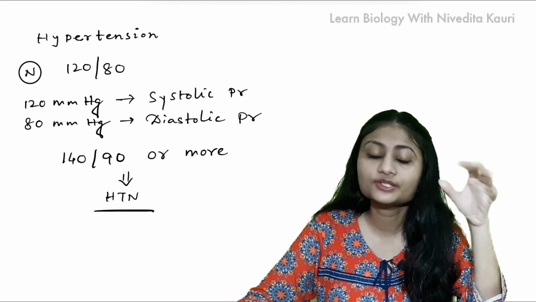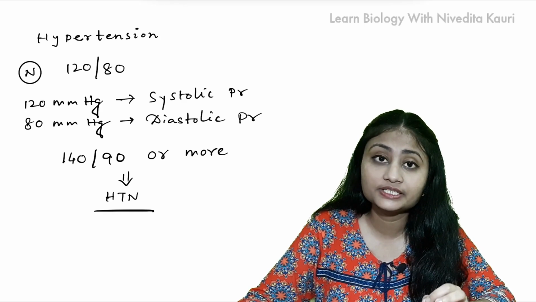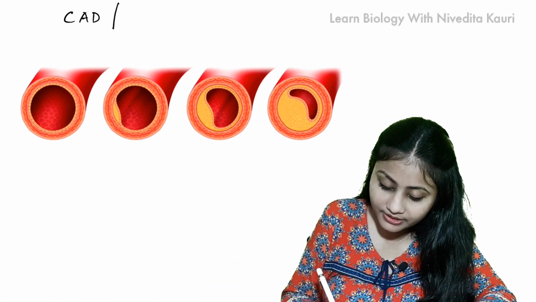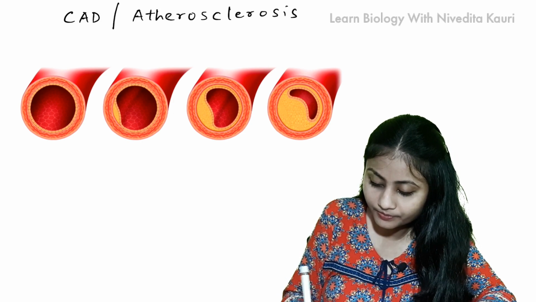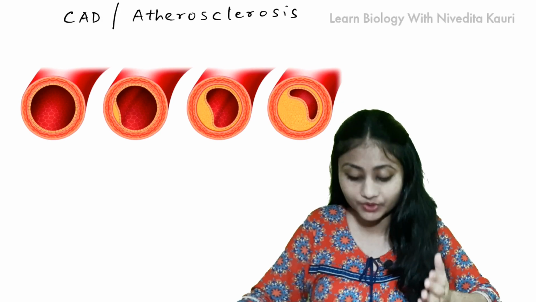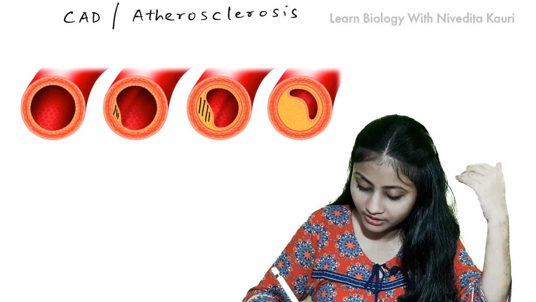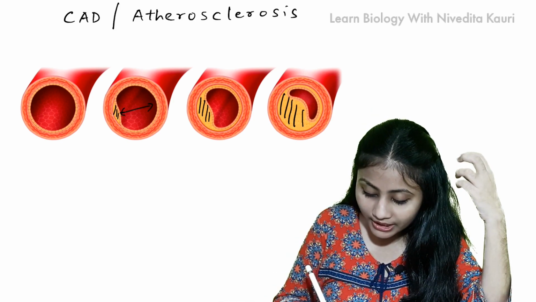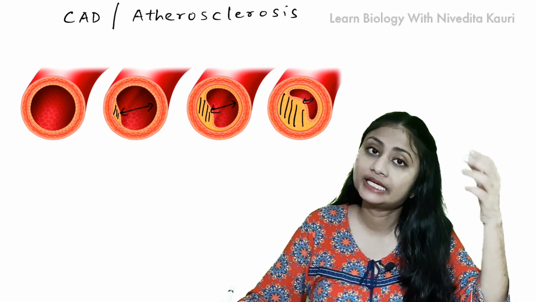Hypertension for a long time is obviously bad for health. It can lead to different heart diseases and it can affect our vital organs also. Next one is coronary artery disease or atherosclerosis. Here, cholesterol, calcium, fibrous tissue gets deposited on the inner aspect of arterial wall. As you can see here, all these substances has been deposited on the inner aspect. So, the lumen becomes shorter and blood supply to the heart is compromised.